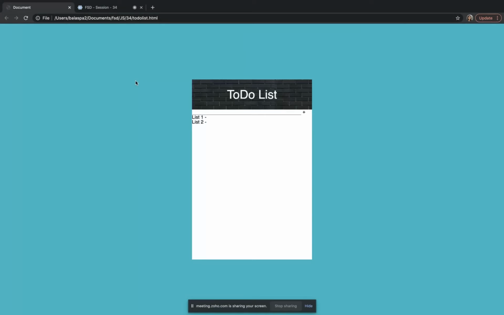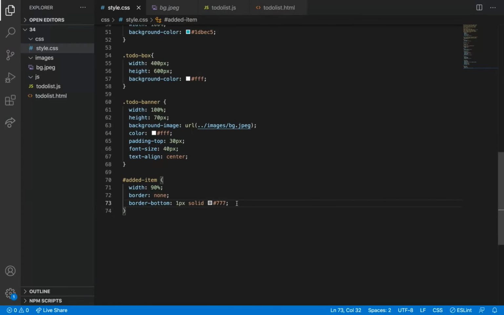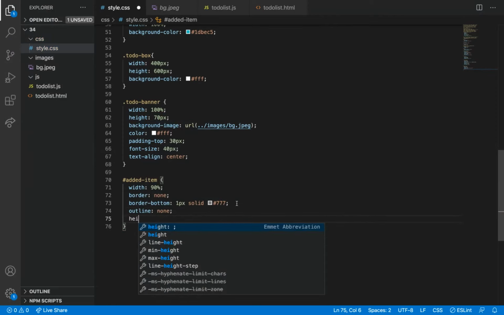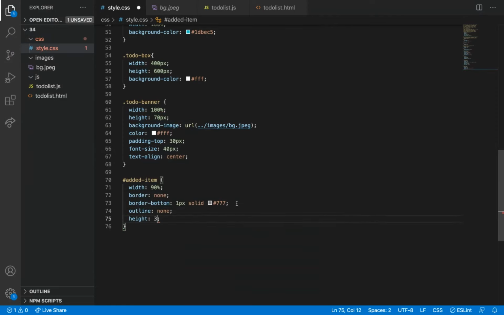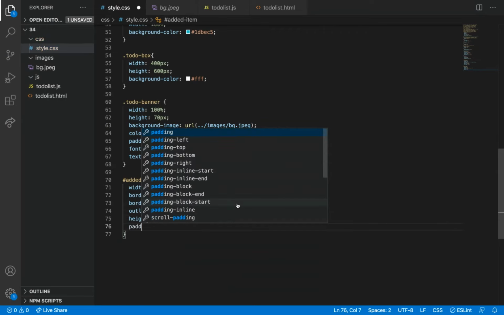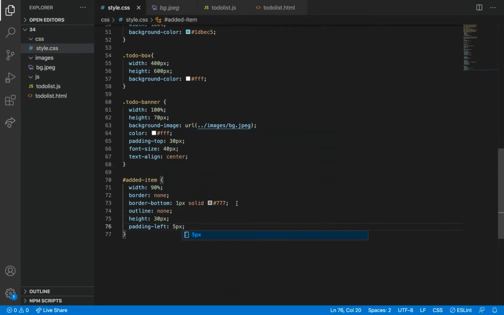Let me see how it is coming. Outline none, and I'm going to give a height of 30 pixel, and padding left of 5 pixel.